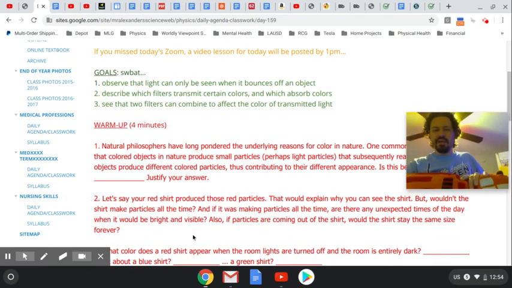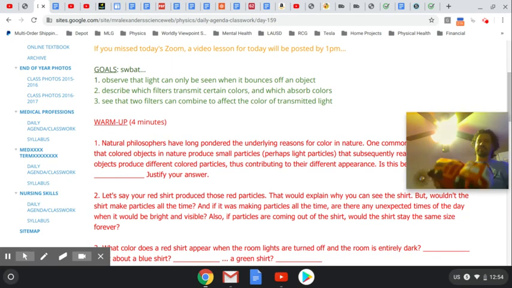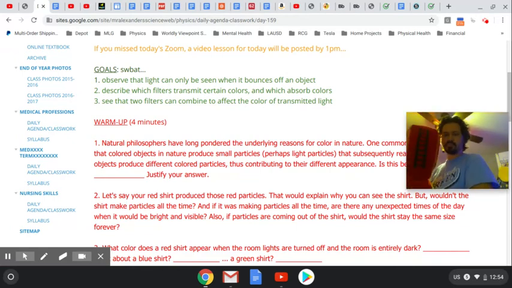Okay, and welcome back. So, not true. I forgot to wear a red shirt today. I got blue on, but we got a red fire truck, and so we can see it. Would this thing be making red particles all the time if this hypothesis was true? Like, what if it was nighttime? Would it make red particles then? If it did, what would happen?